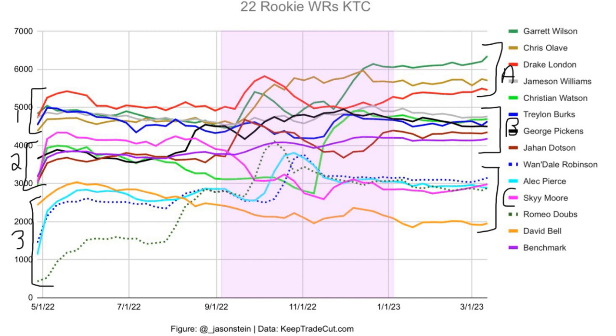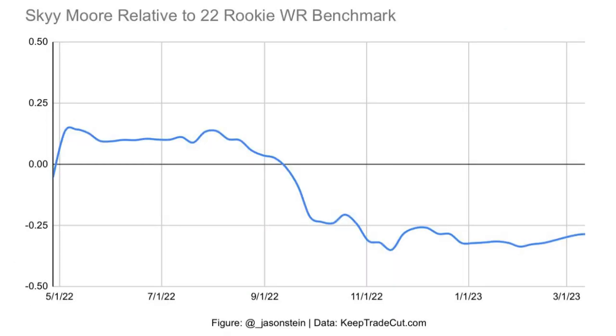So let's take a look at these two charts from a relative perspective. Let's look at Skyy Moore first. This is Skyy Moore relative to the 2022 rookie wide receiver benchmark, that solid purple line. What we're talking about with relative is, if that purple line's moving up, you want Skyy Moore's price chart to move up with it. If it's moving flat, you'd want Skyy Moore to move flat with it, and that'd be treading water. Outperformance would be if it's moving up and Skyy Moore moves up higher than what the average benchmark line is moving. And you can see in this chart,